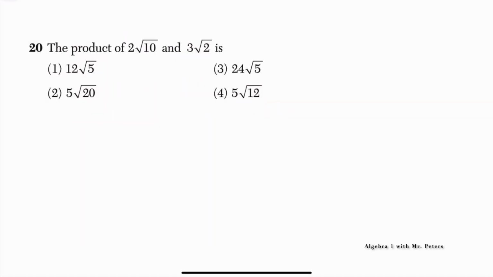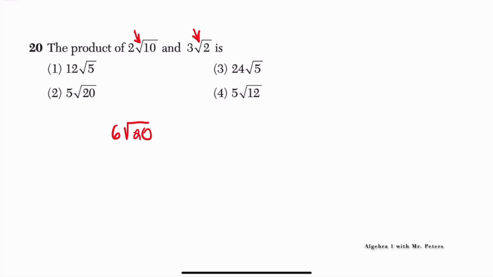So we're dealing with radical expressions, and they want us to determine the product of 2 radical 10 and 3 radical 2. So we know we're multiplying, and for us to multiply radicals, they have to have the same root. So because these have the same root, we're good to go. So we multiply 2 and 3 to get 6, and then radical 10 and radical 2 to get radical 20. Now remember,